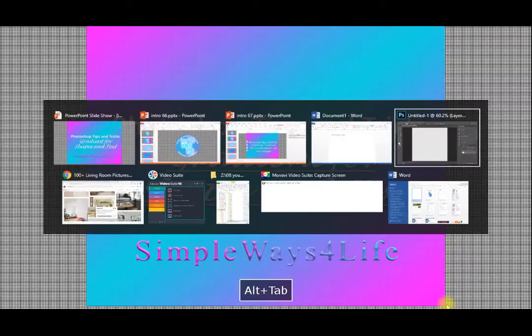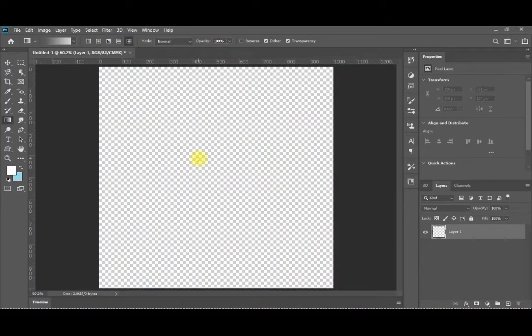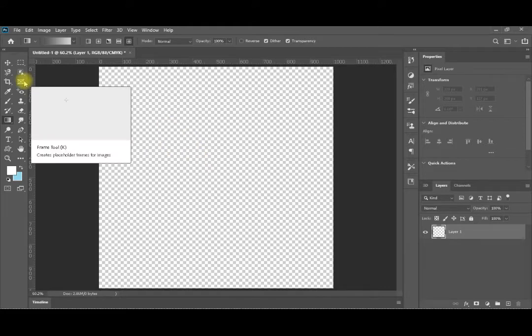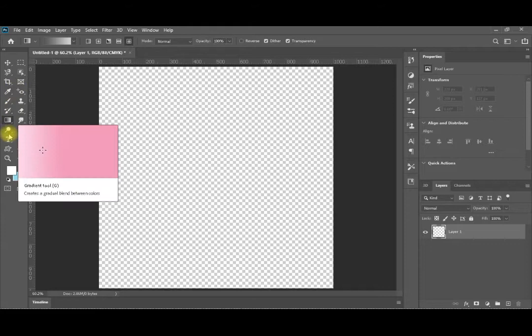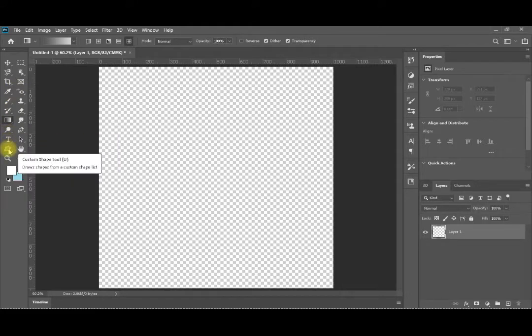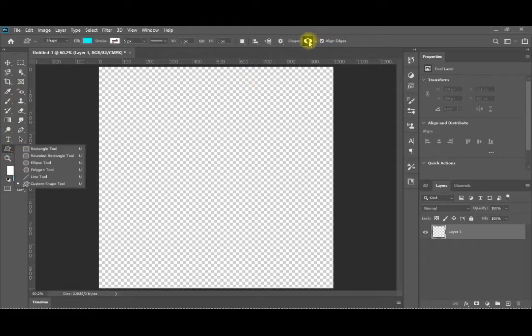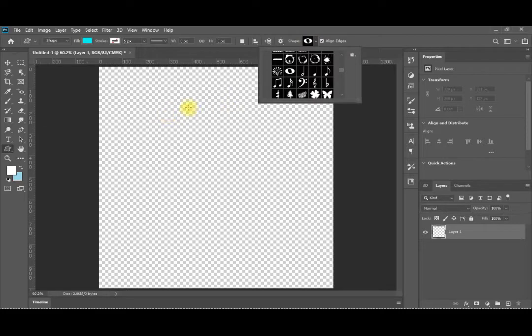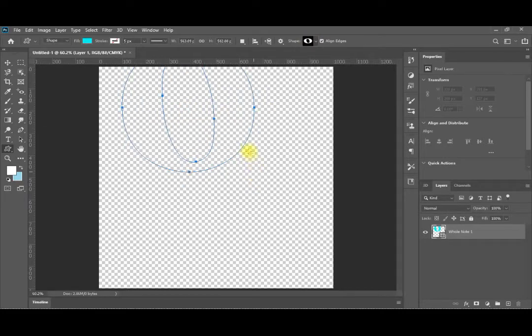Okay, so let me directly go to our Photoshop. We will see the basics in a few minutes, and then we will see the professional way how to make our own gradient and how to make it. Okay, first I shall generate any shape, for example like this one. Okay, I shall create it here,